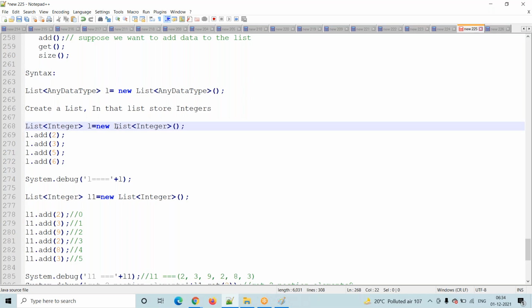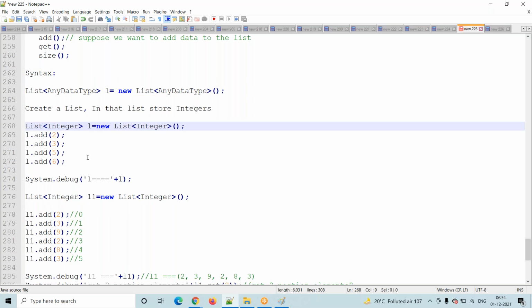For example, if the class name is A, then new A. Here also new list. In this list, we have to tell the system what we are storing. While creating an instance we have to tell the system that in this list we are storing integers. The reference variable is l, and for the variables we declare, we have to specify the data type, right? On the left hand side also we have to specify the same: list of integers.